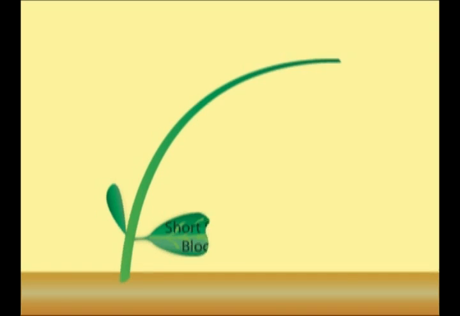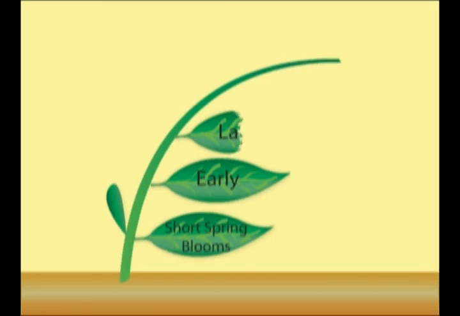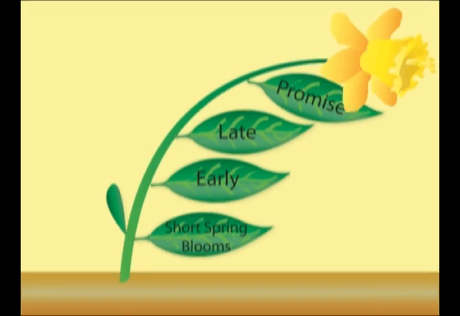Now let's look at the list article and see how we could use the story arc in the article itself. Let's say the subject is still narcissus. And now you're making a list, and maybe we'll have the problem be that all the bloom happens in the middle of the season. So the list article is going to be about early bloomers and very late bloomers, and the top of the arc, the solution, will be 3 months of fabulous daffodils. Here's the arc for that story. The inciting incident is the problem. Too short a spring show of blooms. Rising action is the exploration of early and late bulbs, and the solution's at the top. The promise of longer bloom time. Hooray! Drama in the garden.